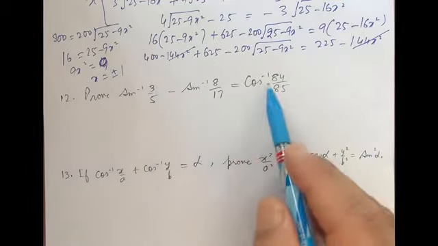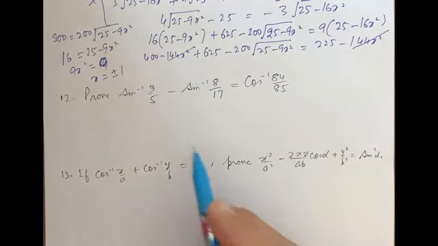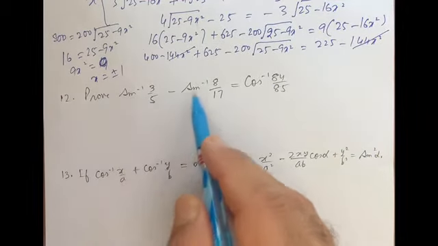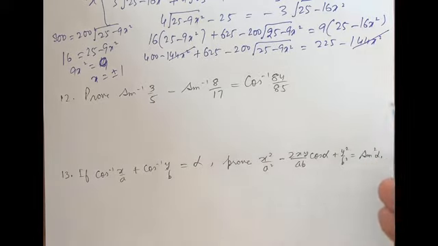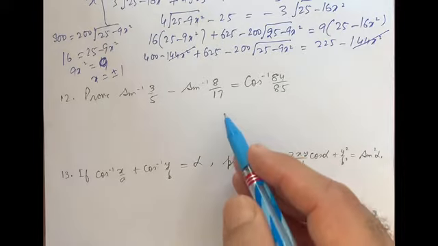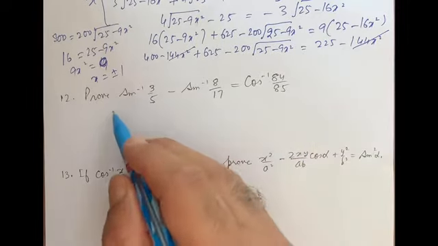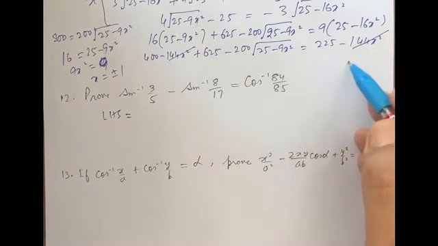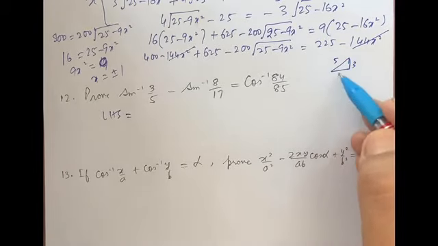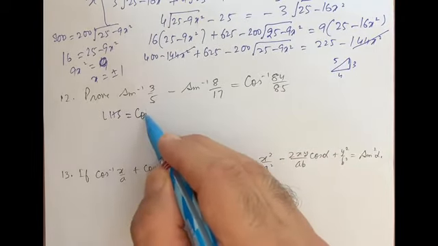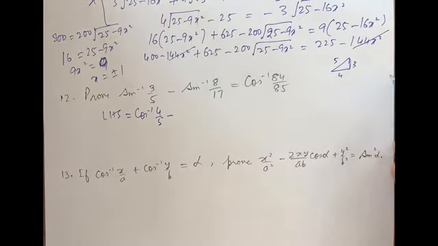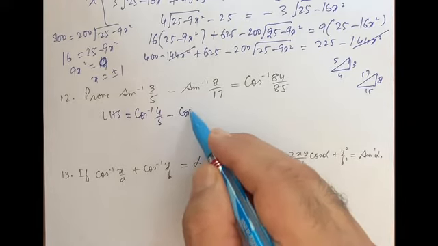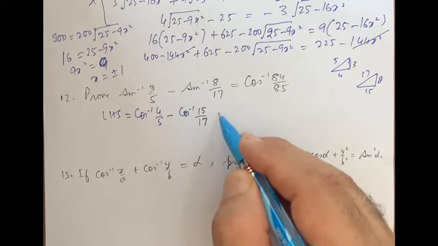We want the answer in cos inverse. So we can either change this to cos inverse, this to cos inverse, and then apply the formula for cos inverse, or we can do it otherwise. So let us change sin inverse of 3 by 5. This is 3, this is 5, this is 4. This can be written cos inverse of 4 by 5. Similarly, sin inverse of 8 by 17. This side will be 15. So this is cos inverse of 15 by 17.